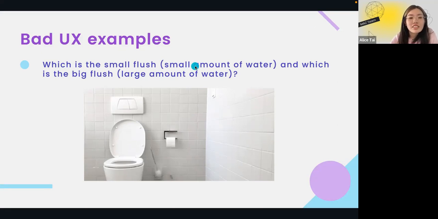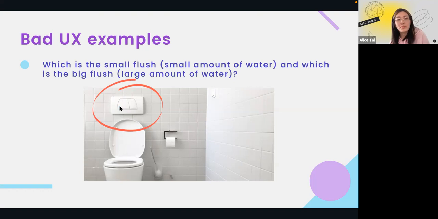So I've got a question to ask. Which is the small flush and which is the big flush on the toilet? I'll give you like 5 seconds to take a look and have a think. And the answer is, you might be thinking that the big flush is obviously the one on the left because it's big, and therefore if you press it, more water will come out. But